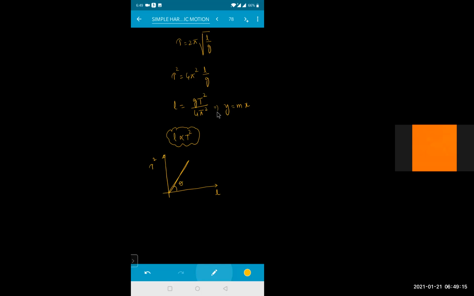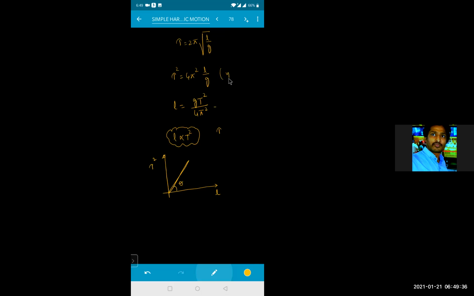అంతేనా? Yes, sir. మనం t square versus L రాస్తున్నాం కదా. So t square కి ఎలా రాస్తున్నాం చూడు. This will become for me t square is equals, ఇక్కడ రాశాను కదా పైన. t square కి ఎంత వచ్చింది? t square is equals to 4 pi square into L by G. So this one, 4 pi square by G is a constant కదా.